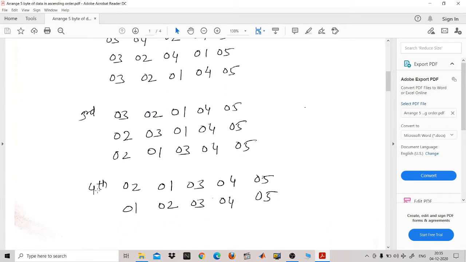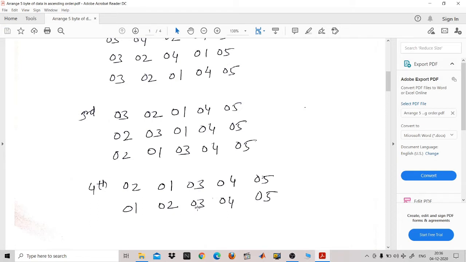Now in the fourth iteration, 02 will be compared with 01. So there will be an exchange of data. Why? Because 02 is higher than 01. So 01 will come first and then 02. Now this will be compared with 03. You see 02 is lower than 03, so there will be no exchange or swapping of data.